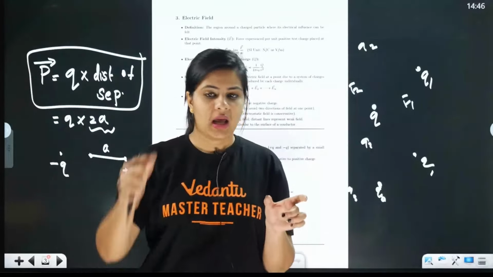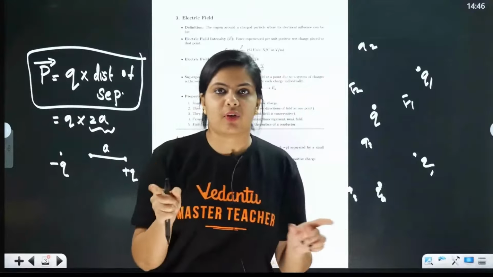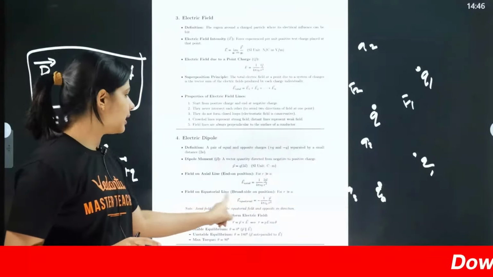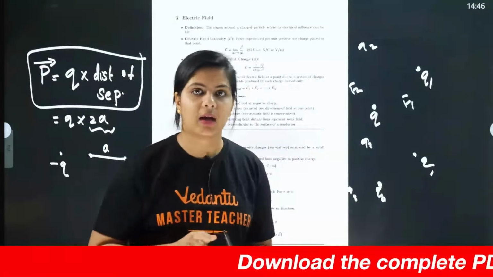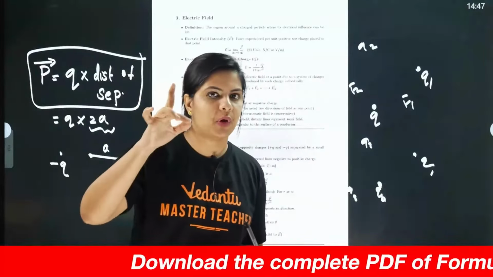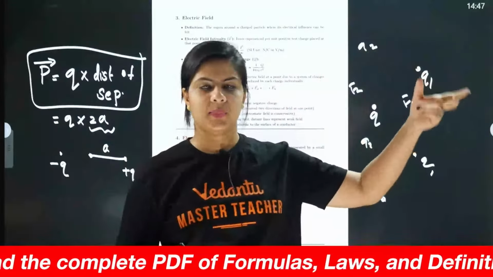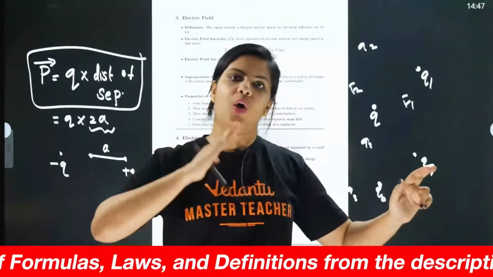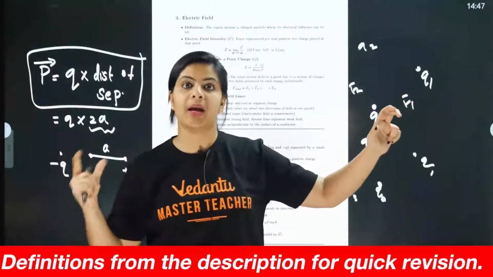Due to the dipole, we have a field at any point, right? So now we will be focusing on the axial point as well as the equatorial point. In the axial line, the field value will be k into 2p by r cube. Understand one thing: whenever we talk about the electric field, we have said 1 by r square. But when the dipole comes, the order will increase by one more, so instead of 1 by r square, here it is 1 by r cube.